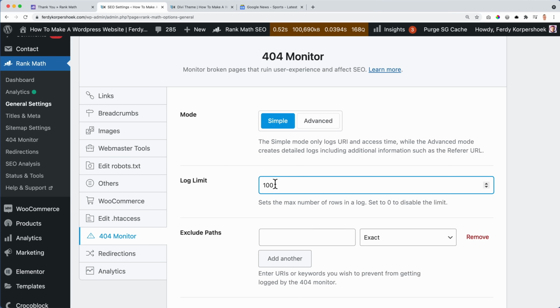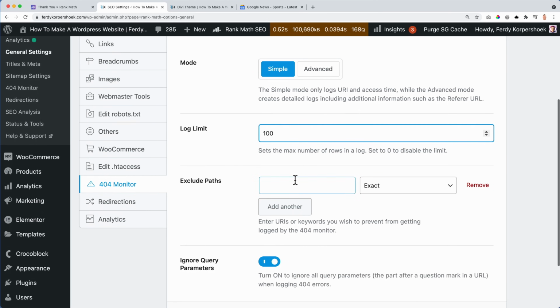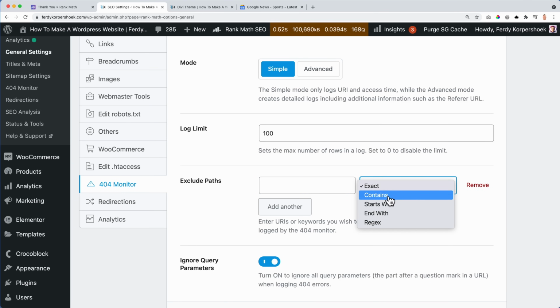But if you see the latest 100 404 errors, you should be able to fix those. So that's okay. If I decide to change all the titles and URLs in my blog, I can decide that everything that contains /blog/ should be excluded from the 404 monitor. I don't use this.